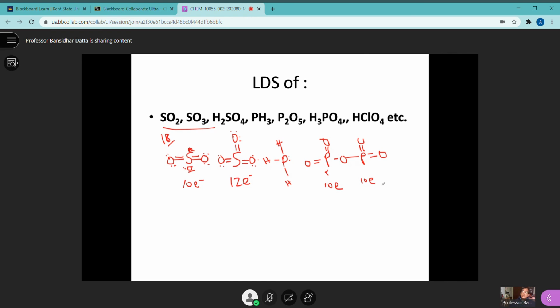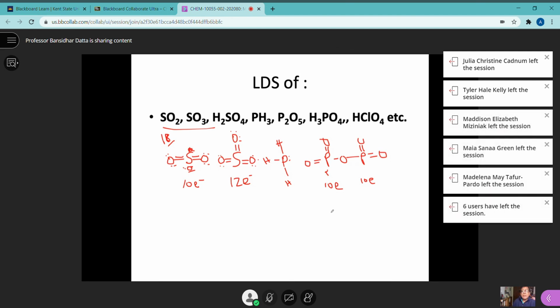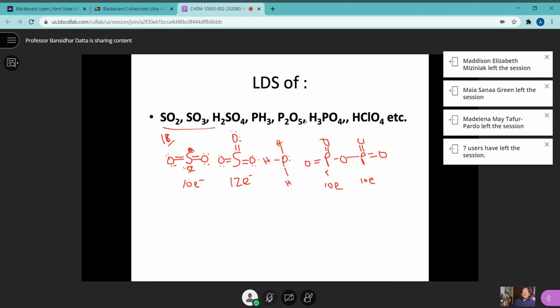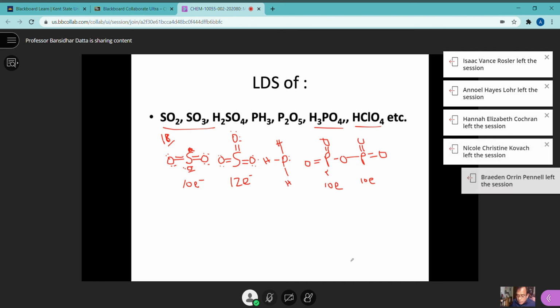Okay, all right. So remember, phosphorus, sulfur, and also chlorine can have more than 8 electrons. So what's going on? We'll talk about it Wednesday. I'm going to give you the assignment, and I'll put this on the slide too, so you can work on it: draw the Lewis dot structure of phosphoric acid and perchloric acid, and see what's going on. Why do they have more than 8 electrons? That explanation I will give you on Wednesday. All right, very good. I'll see you Wednesday then, and definitely do